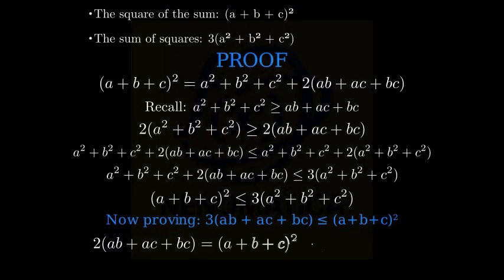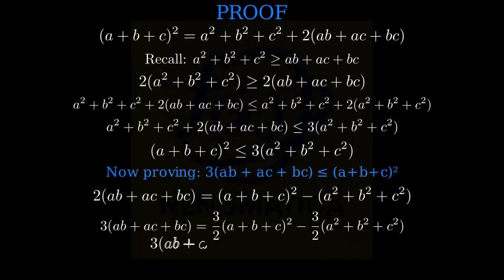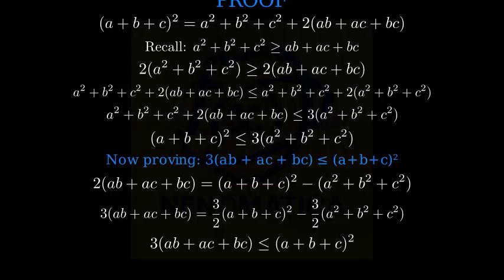We can rearrange this to get 2 times (ab plus ac plus bc) equals the square of (a plus b plus c) minus the sum of a squared plus b squared plus c squared. Multiplying both sides by 3 over 2, we get 3 times (ab plus ac plus bc) equals 3 over 2 times the square of (a plus b plus c) minus 3 over 2 times the sum of a squared plus b squared plus c squared. We already proved that the square of (a plus b plus c) is less than or